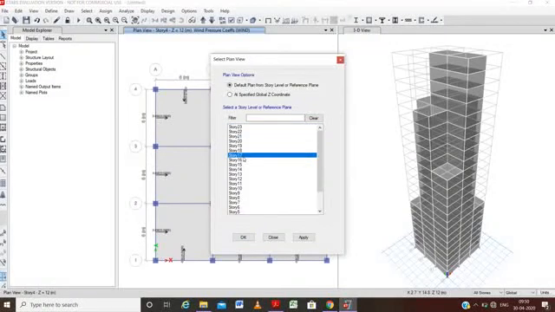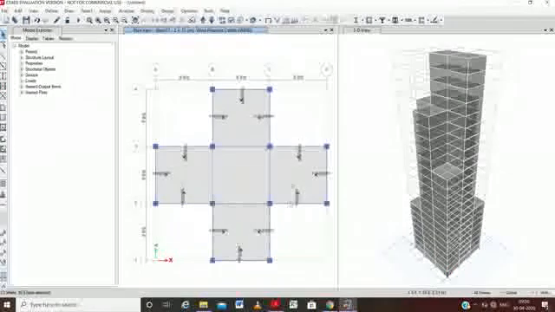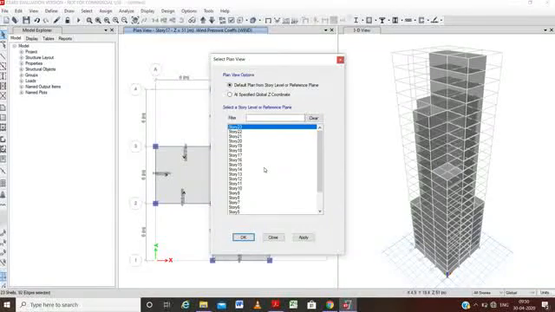We can watch it in the 17th story too. Like here as well, as per the given data, all the loads have been done. Now first of all we will go for the plan 23 option.